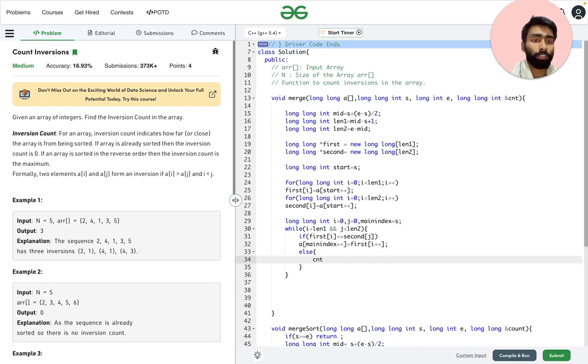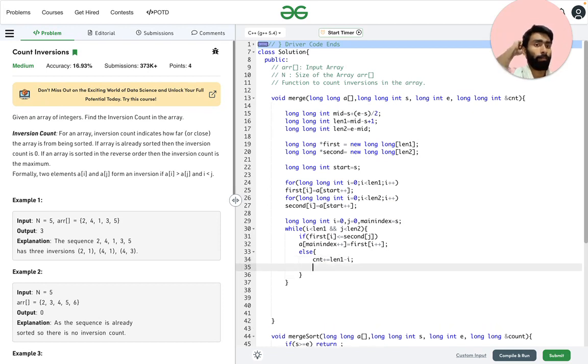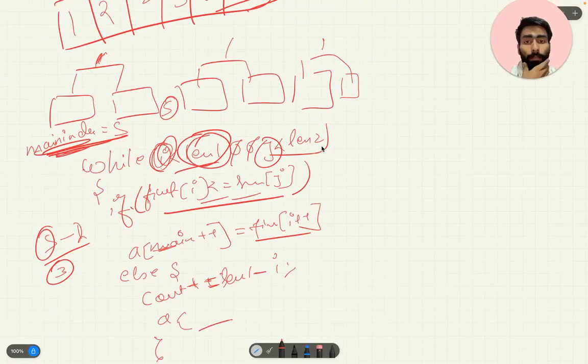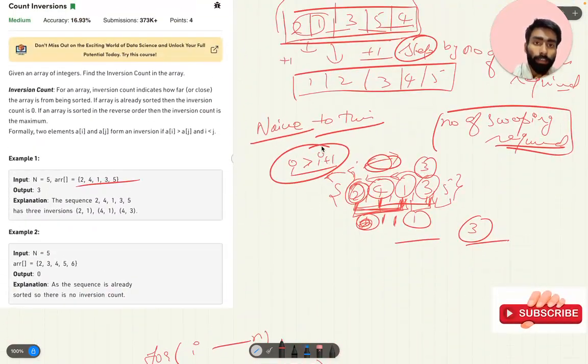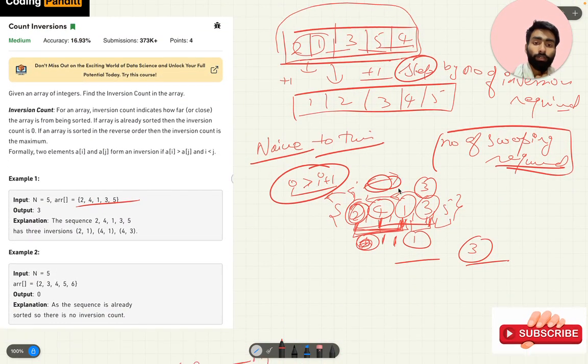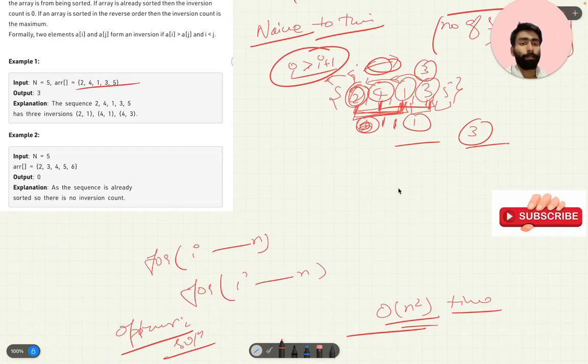So count is count plus equal to len1 minus i. In this way, the number of swappings will be counted. Let us see why we are doing so. Where was the example I'm looking for? Yes, if we see here, these two are to be added.